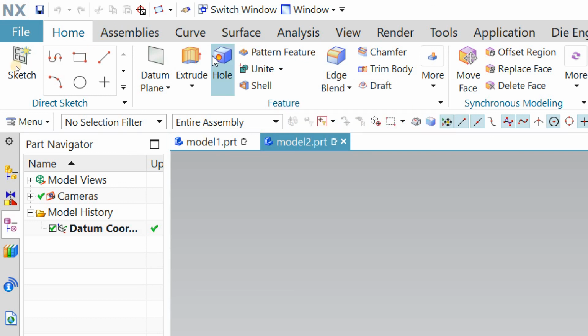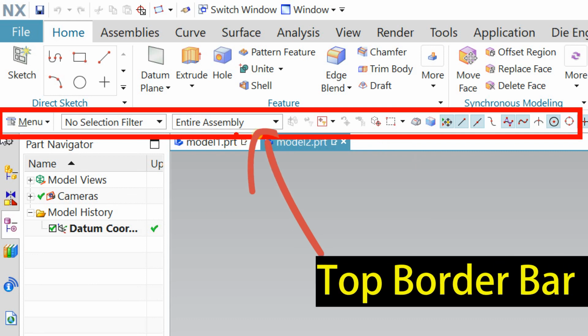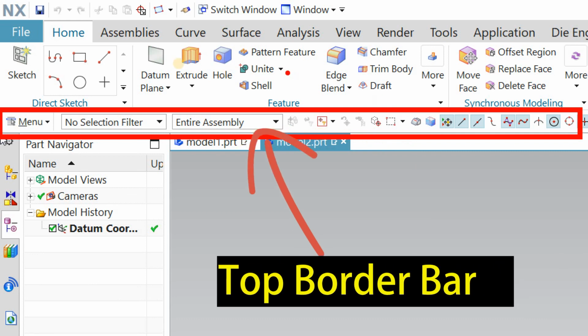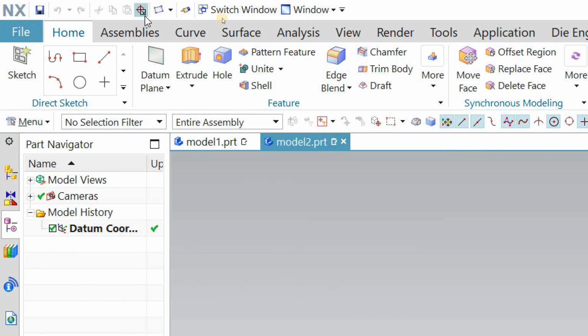And next, if I talk about this one, let me highlight below this, this is called the top border bar. Here we can keep some customized things. Later, one more option is there: you saw all these horizontally, and here we can see one vertical column.